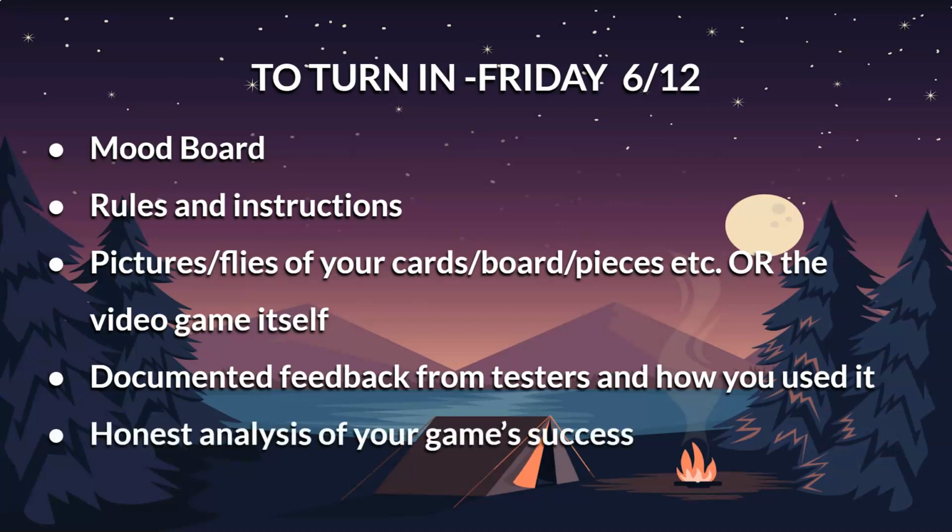And then at the end, I want you to provide an honest analysis or reflection of your game and how that process went. As you're working on it, keep notes of what you're doing, what makes sense, what didn't make sense, so that as you're going, you can then reflect back easily and just say, okay, when I was doing the mood board, this worked. When maybe this one didn't. I didn't end up using this piece. Or as I was developing the rules, this is how it went at first, but then this rule over here, it didn't seem to be used at all. I didn't find a way to make that work. So I took it out.